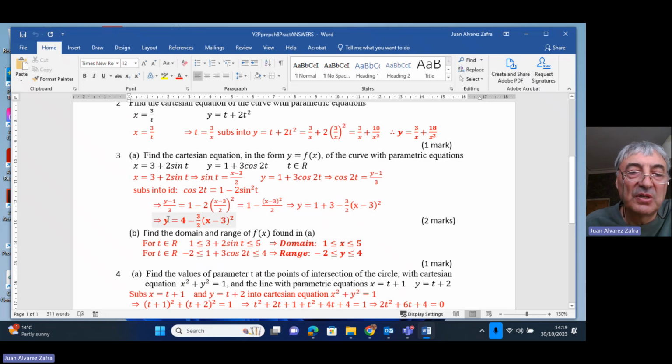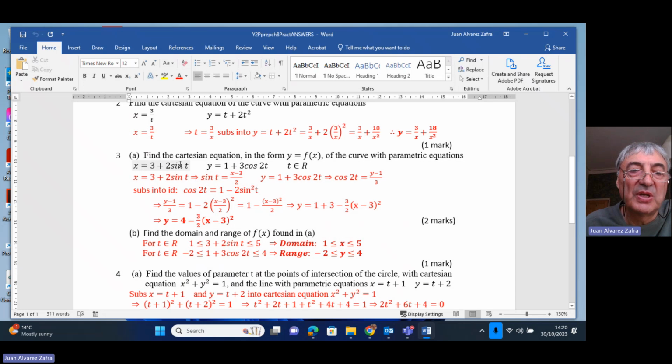Now, if you look at the Cartesian equation, you would imagine that x could take any value and y could take a value up to and including 4. But because we've got parametric equations that lead us to this Cartesian equation, actually they're more limiting. And if we look at the parametric equation for x,